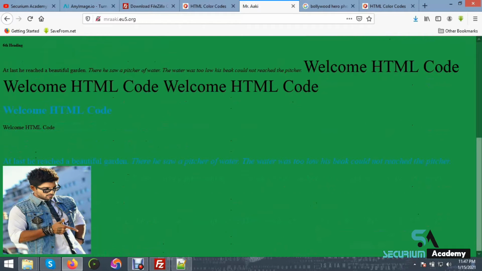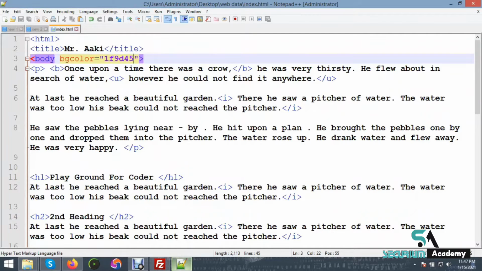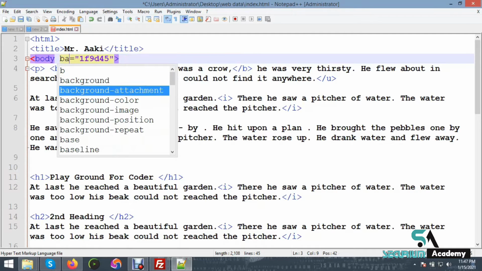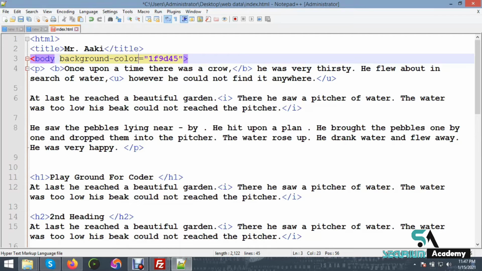Next I want to add a background image in my website. The simple way is to go to the HTML code again, then you erase this line. You type here background image. Okay, we directly type here background